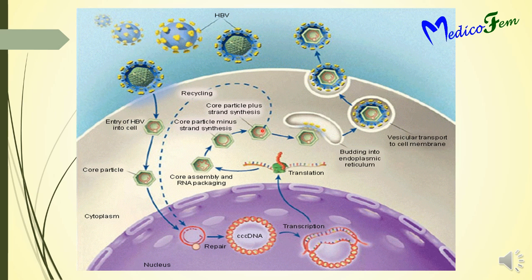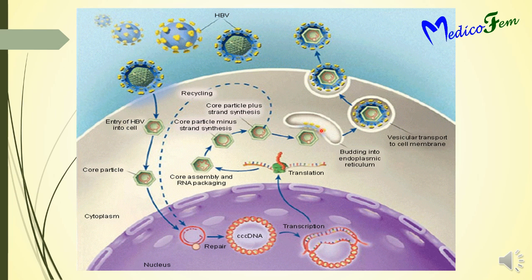The nucleocapsid encircles the whole genome before it is completely formed into double-stranded DNA. So the viral genome of hepatitis B virus remains partially synthesized, so it is partially double-stranded DNA. After this synthesis, it can go again into the nucleus for recycling, or it can go to the endoplasmic reticulum, where